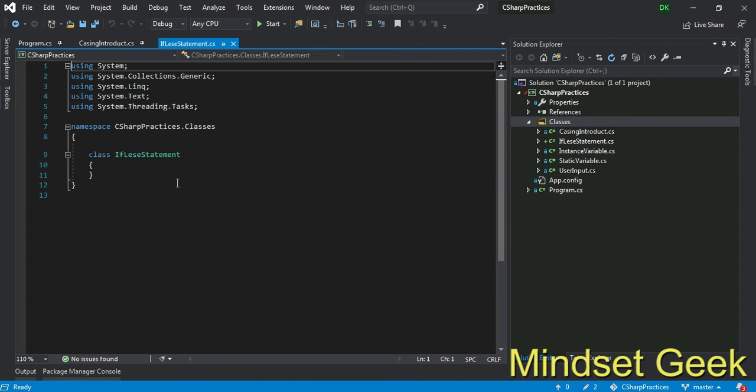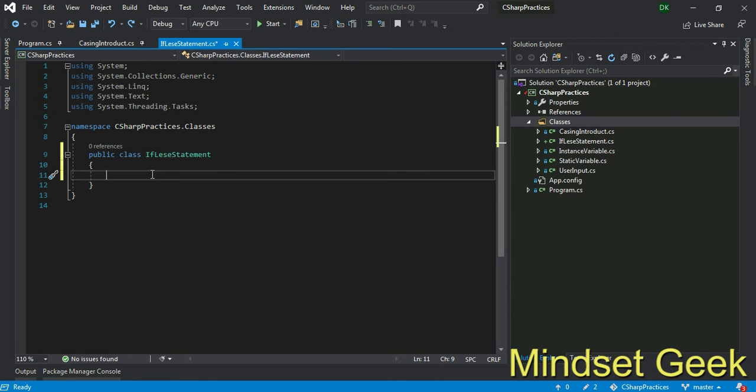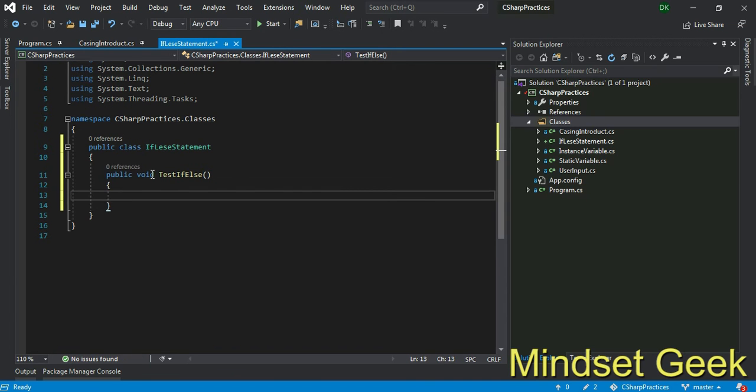First I make this class public. First of all, I want to create some method, right? I use public void test if else. This is my method, nothing returning, right? Now I use the if statement.